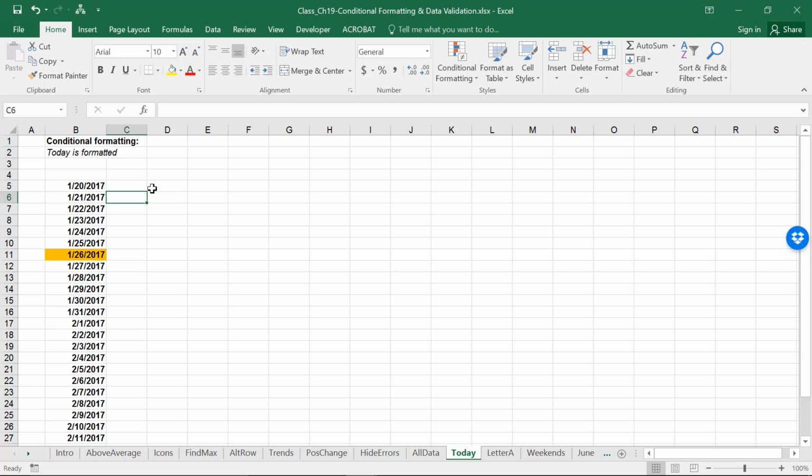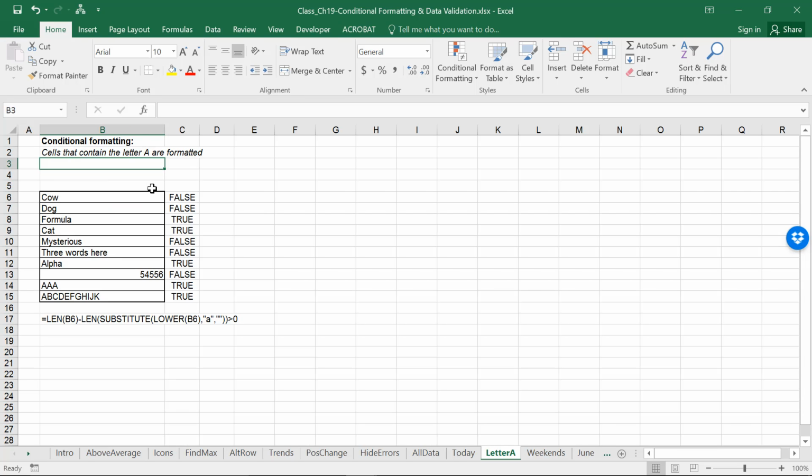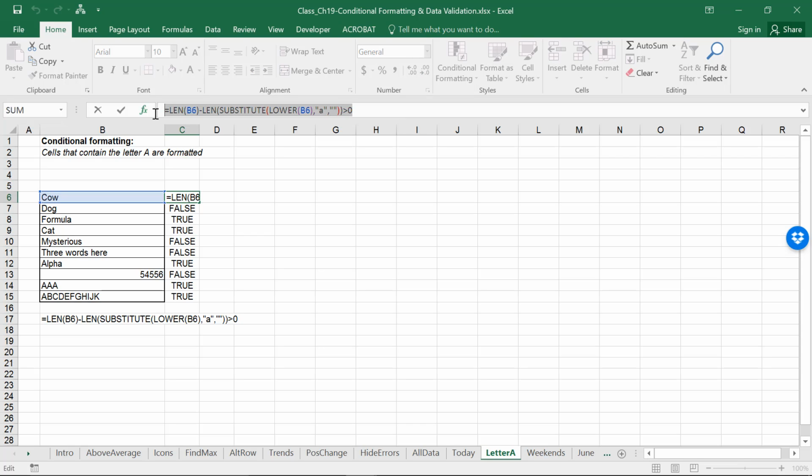That or another date we're interested in will be a lot easier to find when we have a lot of dates. Going to the next worksheet. Any formula we can write that results in a true or false outcome can be used with conditional formatting. Here we've written some more complex formulas to decipher if there's an A in the cell to the left. We will examine these formulas later when we study text formulas, but right now we know it works as it's a true or false, so I'm just copying it